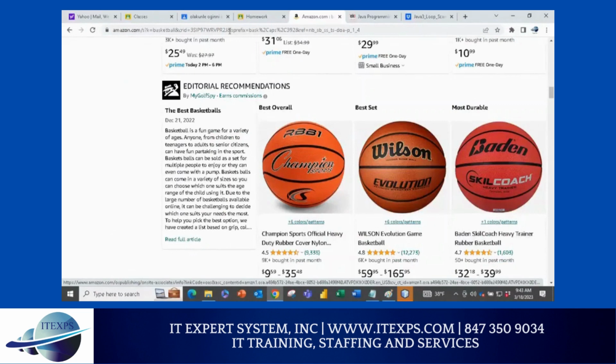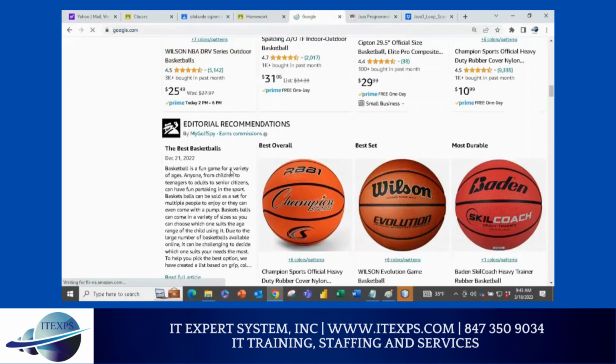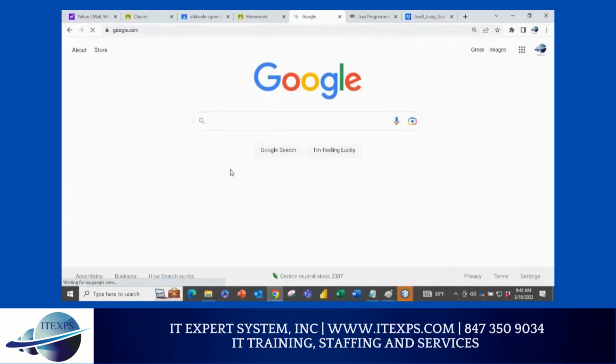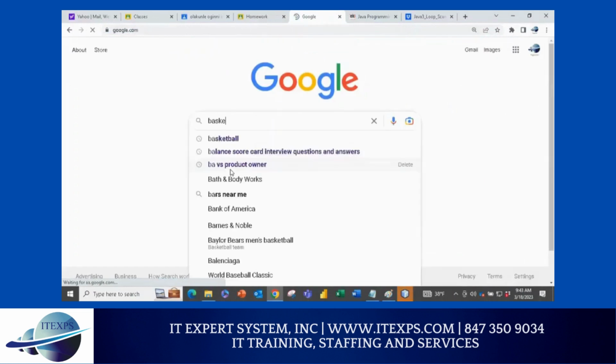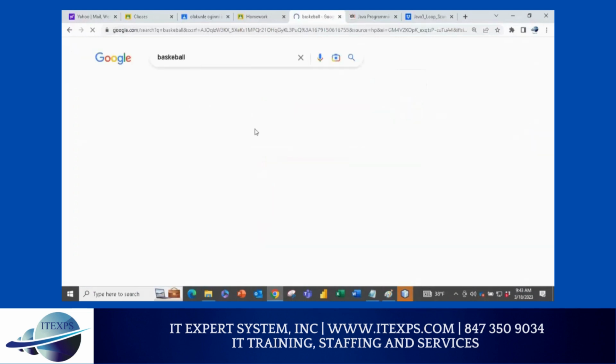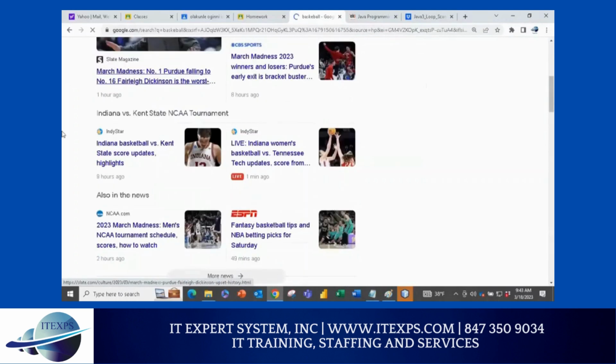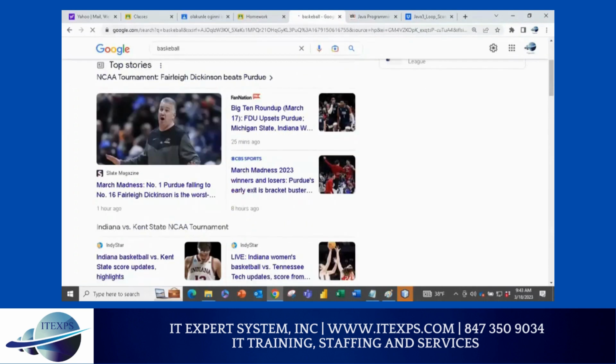Now, let me show you your favorite website, which I think you use on an everyday basis, Google. Do you guys agree? As soon as I search Google for basketball and press enter, you will see lots of links, right? You're not going to see one link. What is that? That's a loop, right? So this is 1, then this is 2. Do you guys agree or not?